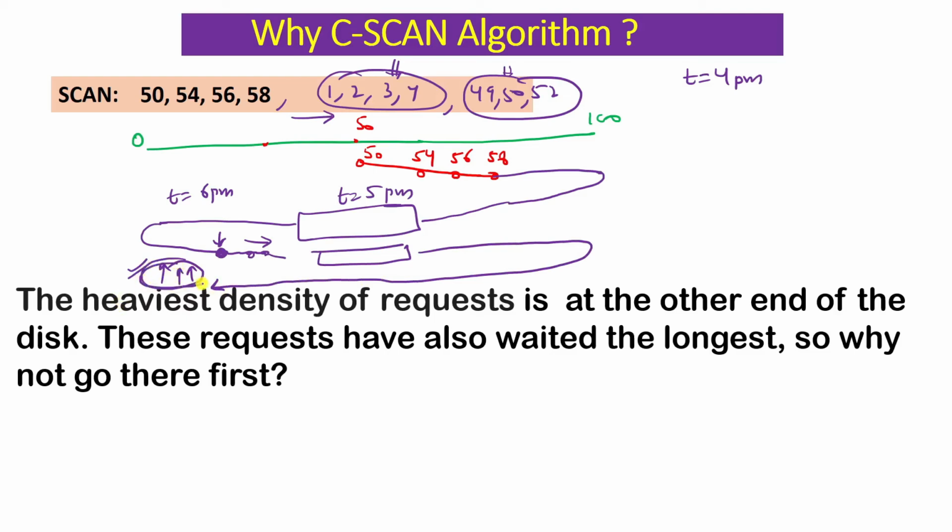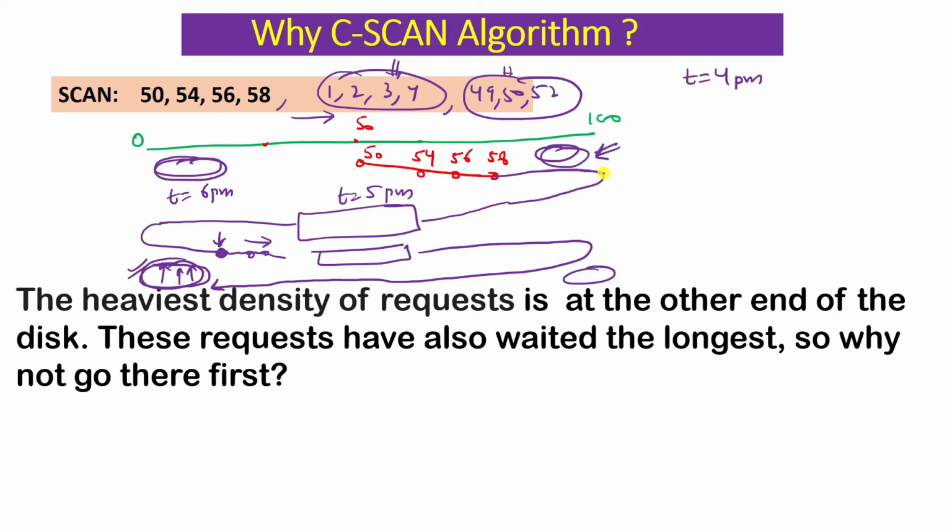So these requests which are coming at the ends are the requests which have to wait for a longer period of time. We do not want this huge difference in the waiting time. We want uniform waiting time. We do not want non-uniform waiting time for the requests. The requests which are at the end should also get the advantage that they should be serviced in less time. The heaviest density of the requests is at the ends.